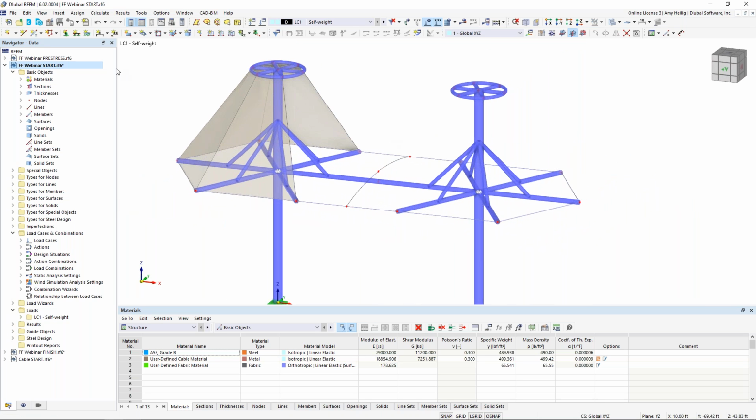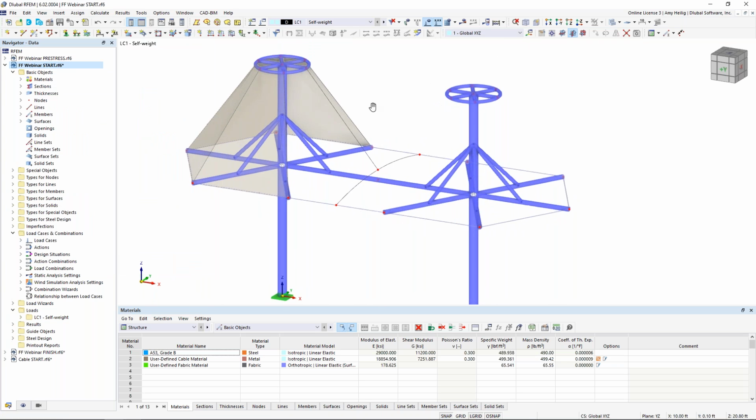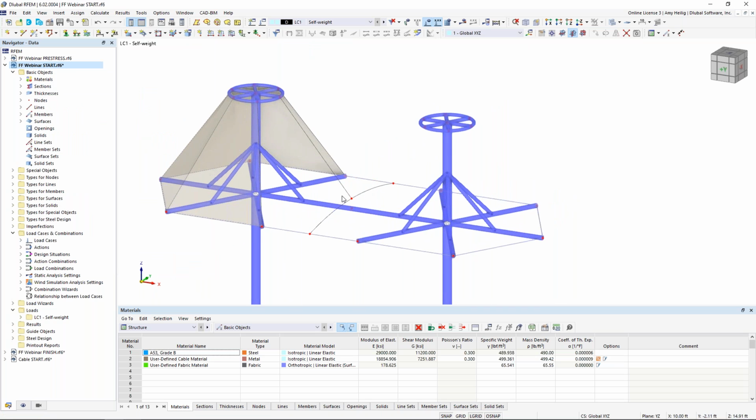Finally, I'll draw my last line element by drawing a new line here. A single line is fine. I snap up to the top of my structure and snap down to the top of that arc element. I'll right-click to exit, and we can continue defining the quadrangles here at the front and rear of the structure